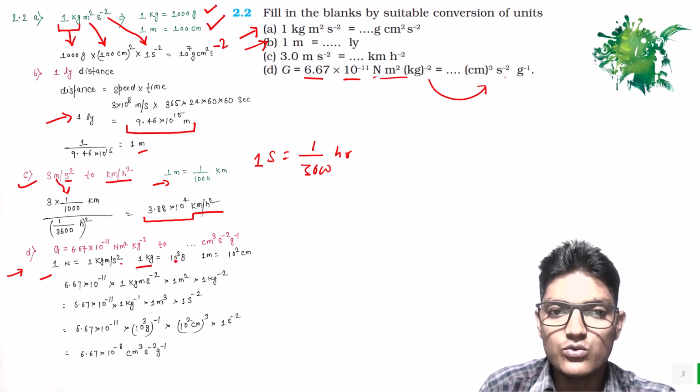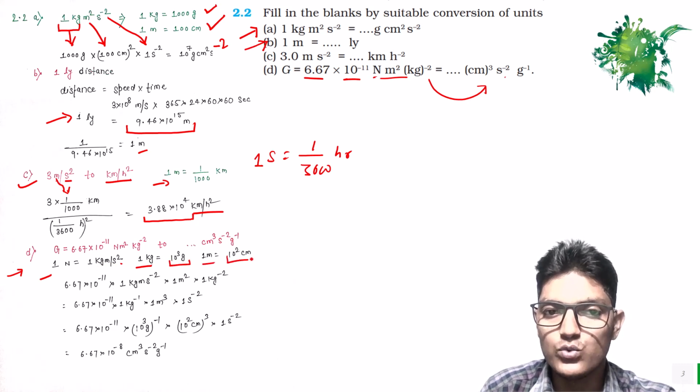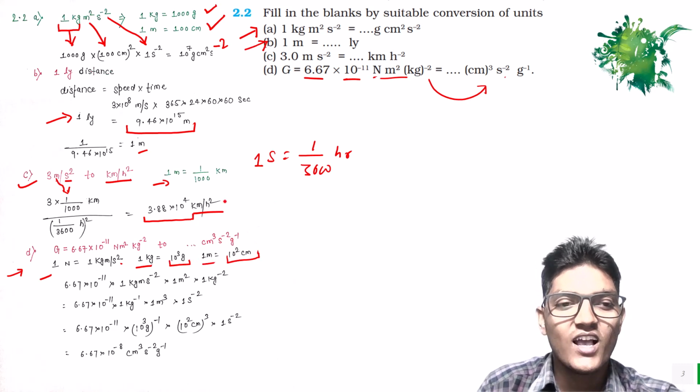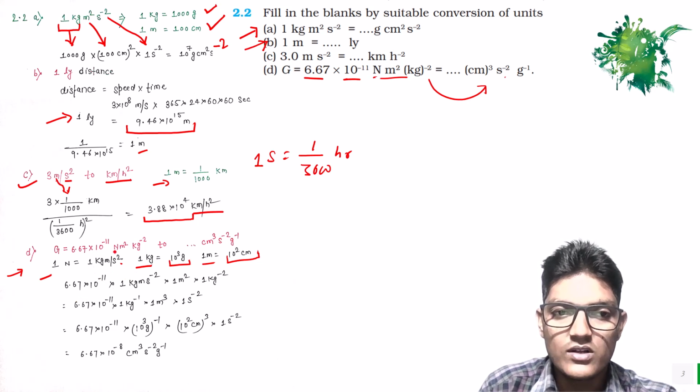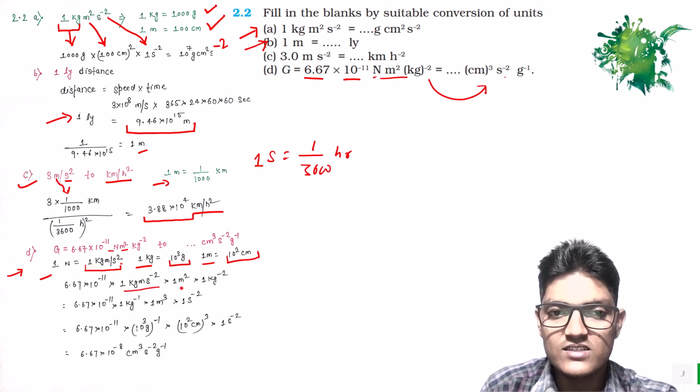1 kg is equal to 10 to the power 3 grams and 1 meter is equal to 10 to the power 2 centimeters. So 6.67 into 10 to the power minus 11, in the place of Newton we can put 1 kilogram meter per second square. In the place of meter it will remain as it is and per kg square will remain as it is. Okay, now